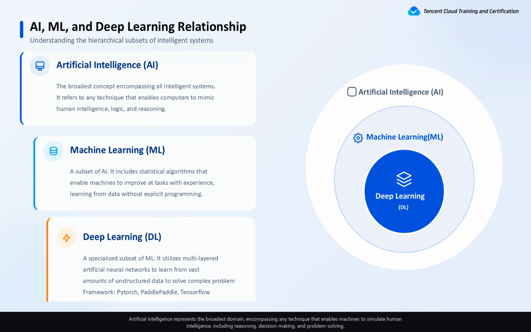Artificial intelligence represents the broadest domain, encompassing any technique that enables machines to simulate human intelligence, including reasoning, decision-making, and problem-solving. It ranges from simple rule-based systems to highly complex models. Within this domain, machine learning focuses on developing algorithms that can automatically learn patterns from data and improve their performance over time without being explicitly programmed. These models rely on statistical methods and are widely used in areas such as fraud detection, recommendation systems, and predictive